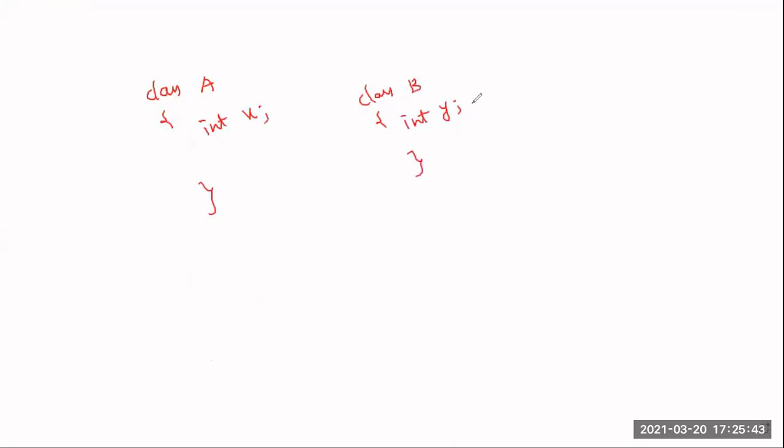Okay, this is the private data: x is the private variable of class A and y is the private variable of class B. But what I want to do is find out the average of two numbers. Average of two numbers, that is nothing but a friend. I just want to return an int value, int mean of A comma B. So this is a friend function, which is used to find the mean value of these two.